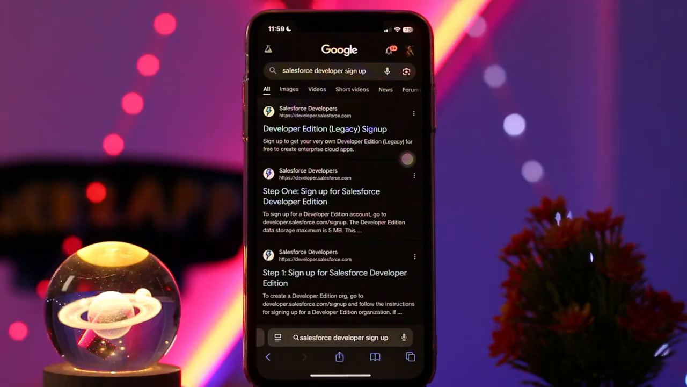information like first name, last name, email address, username, country, company, job title, and phone number. Then once you have entered the details, read and agree to the Salesforce terms and conditions, and then after filling out the form, click on the sign up button. Then Salesforce will send you a confirmation email. Click on the link in the email to verify your email address. Then after verifying your email, log into the new Salesforce Developer Edition account using the username and password you created